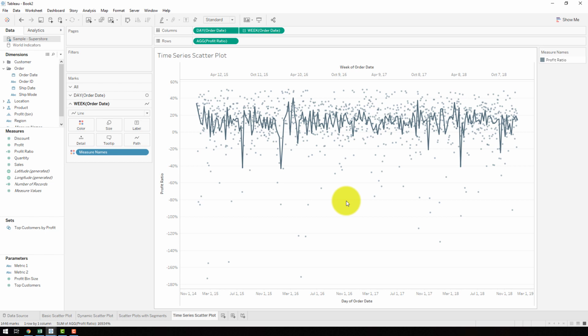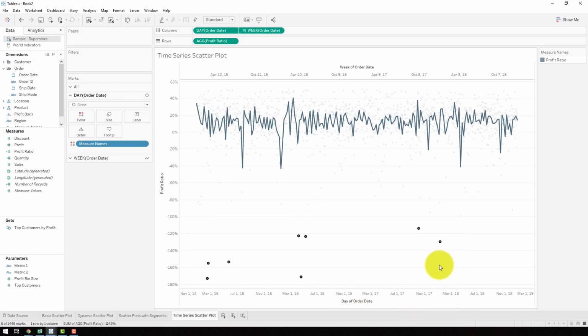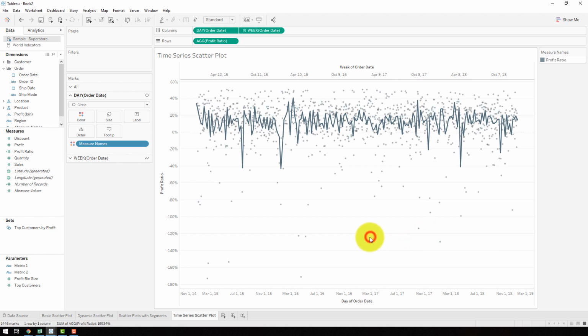Alright, now you can see the weekly profit ratio as a trend line along with the profit ratio for each day. So this would be helpful for further research. For example, you can see that we had quite a few days, 8 days I think it is, down here with negative 100 profit ratio, and it'd be interesting to figure out why that is. It didn't really impact our weekly trend, so not too big of a deal, but something that might be interesting